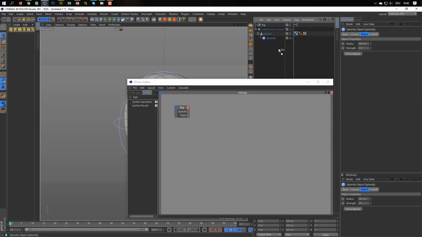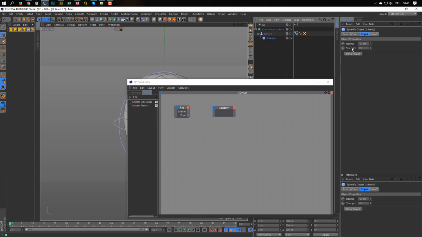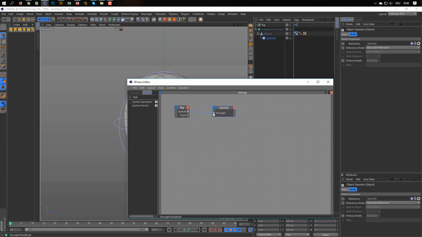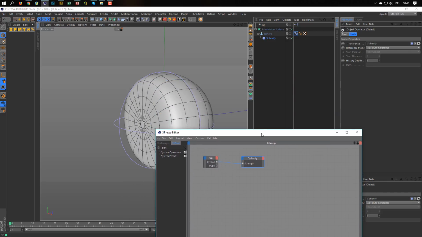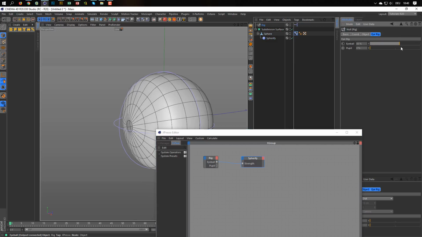So I drag in the Spherifier, and into the Spherifier in the incoming port, I drag just in the strength here. And I connect these two. That means, in this case, the eyeball should already work in our rig here. You see, it works perfect.